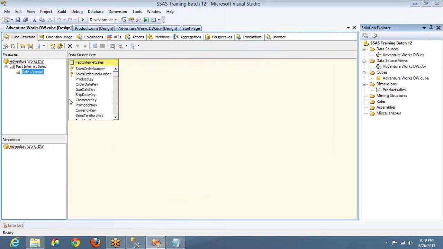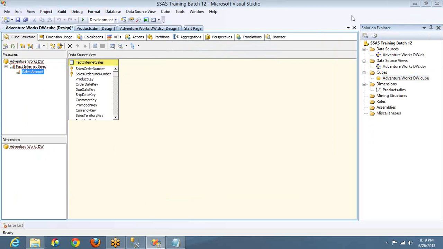If I click on OK, you can see a measure group is added. Under that measure group, a measure is added. Measure is nothing but a column in the measure group. And now both are done. The measure group is added and the measure is added, and in the same way the dimension is added and the dimension attribute is added.